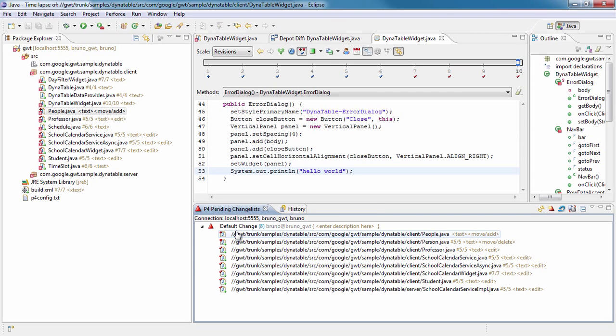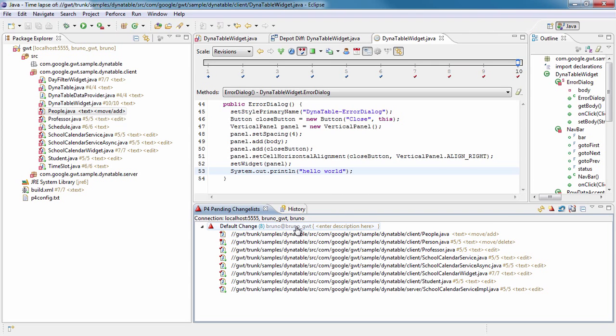On the Perforce side, if I look at my Pending Change List tab again, I can see all of the actions that Eclipse took to support the refactoring, including actually renaming person.java to people.java, and checking out and updating a few other files that reference that class. In the background P4 Eclipse also did whatever was necessary on the Perforce side to model the refactoring. So the files that had to be updated for new references are checked out for edit. The file under the original name, person.java, is open for move/delete, and the file under the new name, people.java, is open for move/add.